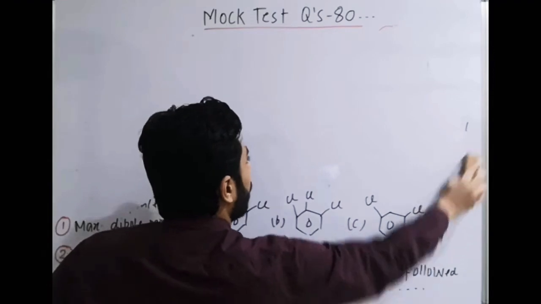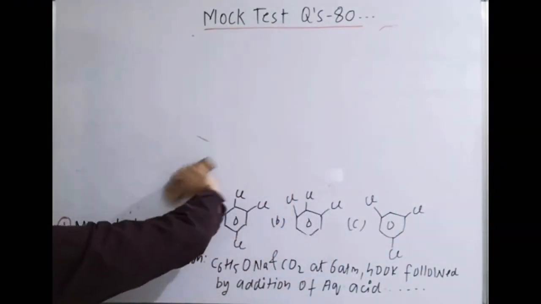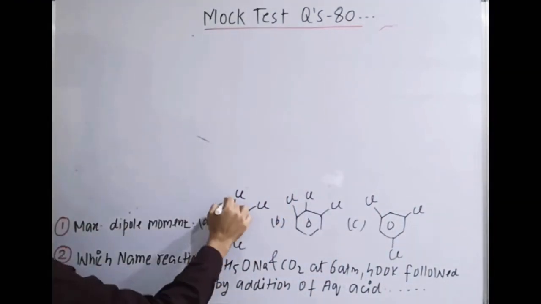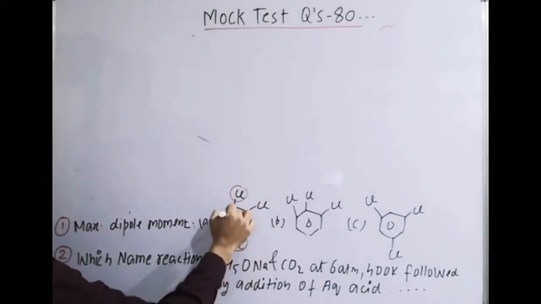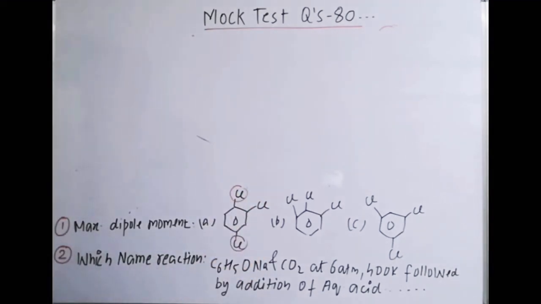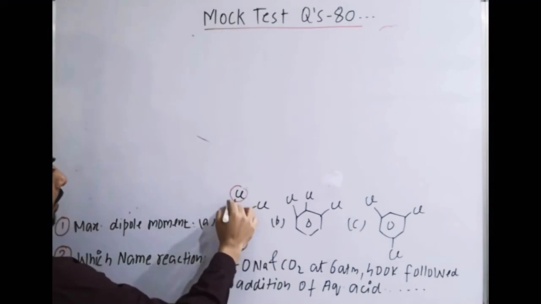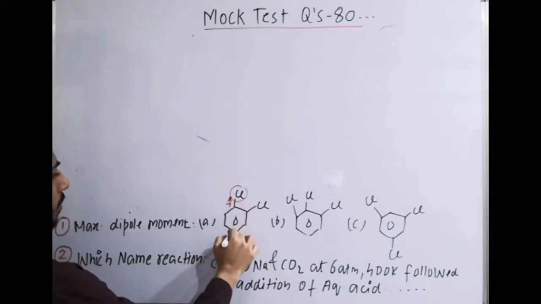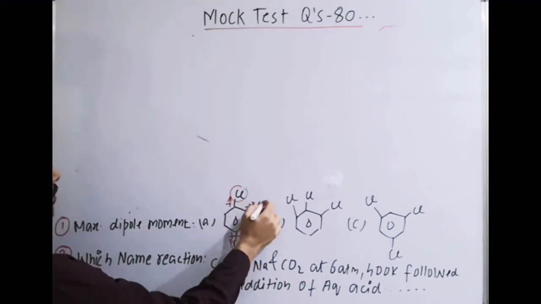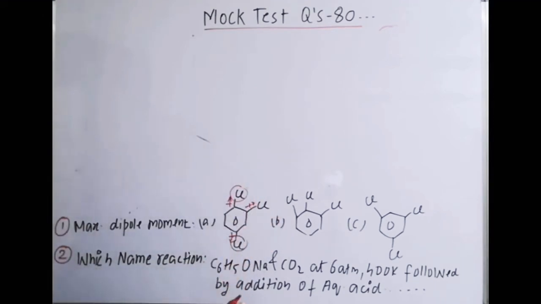In this question number 1, dipole moment maximum, you can see here in the first one, these two groups are exactly identical and opposite, para, and we know dipole moment is a vector quantity, therefore they will cancel out each other. These two will cancel out each other and net dipole will be due to this one. So that means dipole moment is there, but we have to compare where it is maximum.